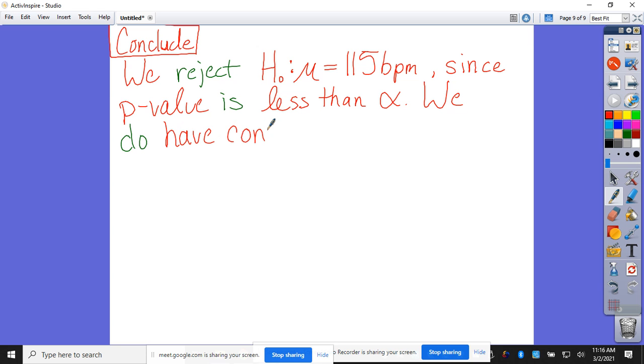And now you can be specific here. Hang on. You can be context specific, wording specific. So like if I wanted to write it in terms of HA, I would write, we do have convincing evidence that the mean resting heart rate of Rosie, what? Numbers. Is less than what? 115. That would be appropriate. So just because this is an example,